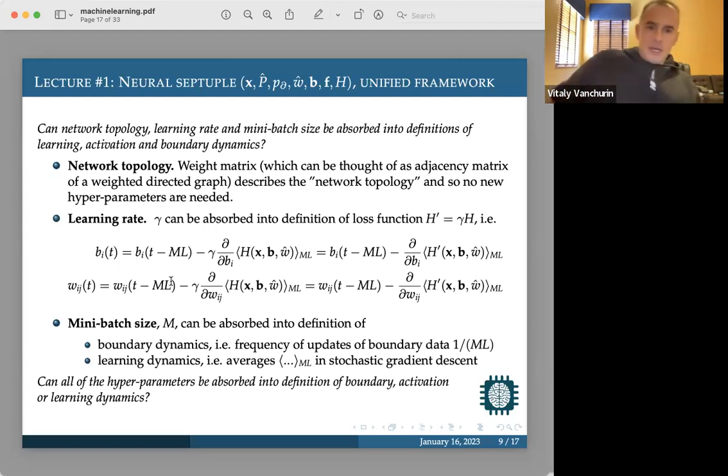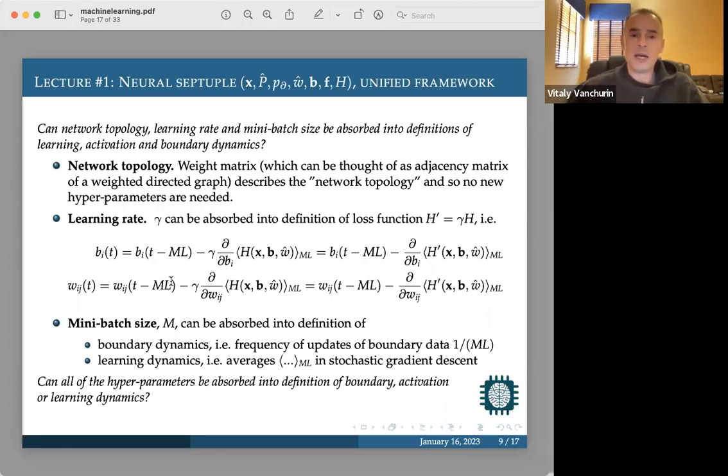The last question I asked in the first lecture was, can network topology, learning rate, and mini batch size be absorbed in the definition of learning, activation, or boundary dynamics? We discussed it a little bit over chat, but let's have it written down so that if there are any questions, we can address them now. Then we'll move to the next lecture, where we'll discuss these three types of dynamics: learning, activation,